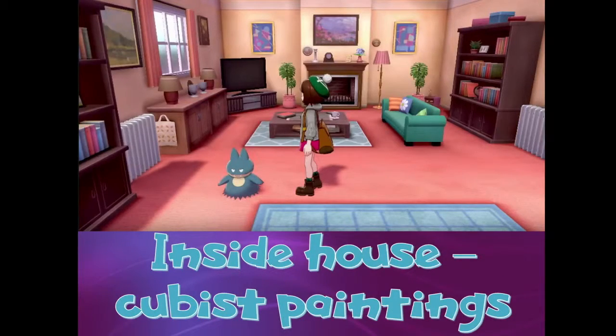You also get the inside of the house. I have put Cubist paintings down because that is something that they're both different. They're quite unique. And it's quite interesting to see the cubism, all the different art movements in there in Pokemon. And you've also got your cup of tea, more radiators, a bookshelf, which is...